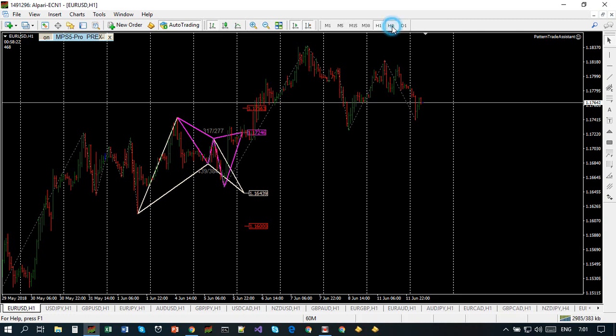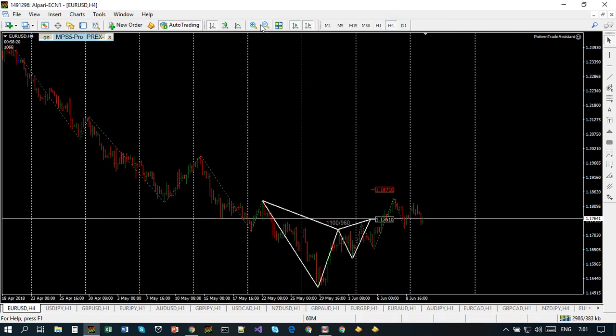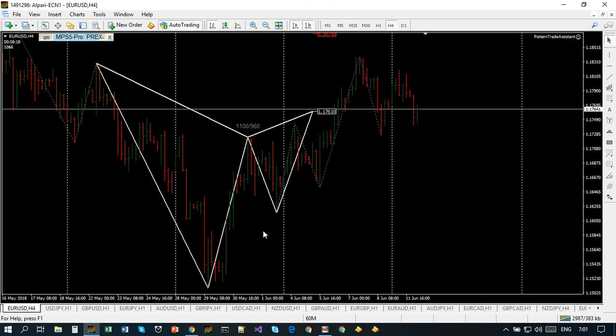Euro dollar 1 hour is nothing. Euro dollar 4 hour, we have a unified Gartley, and this unified Gartley, for me only, guys, is nothing that should be taken for granted. It requires a backtest. It requires market research. I've done the backtest and I found this kind of situation when this leg has 1, 2, 3 movements,